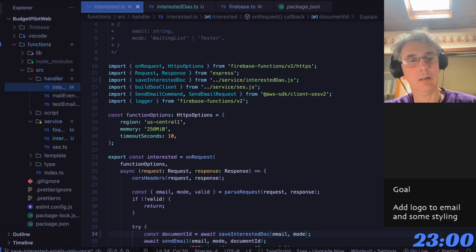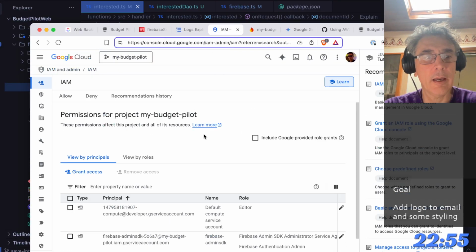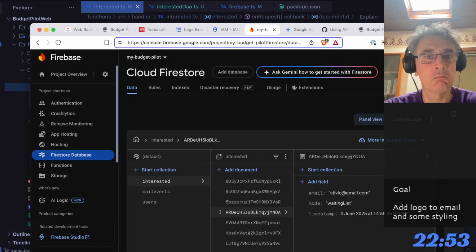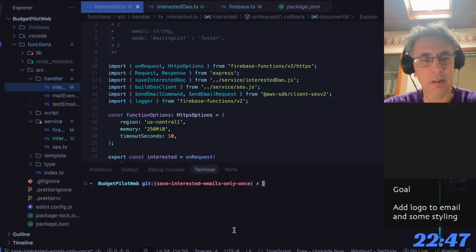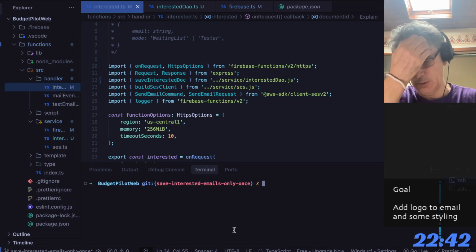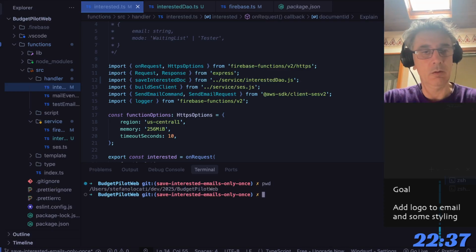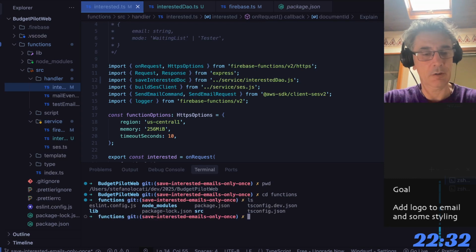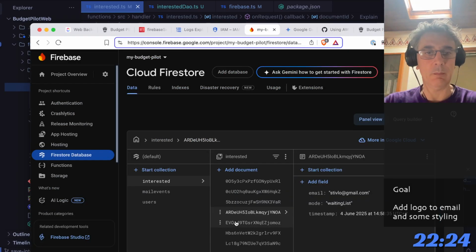Now, to have chat about this, I have to... I still didn't figure out how to run the site locally. Yeah, well, I know, but I need to change the URL to use also the local server. We need to do some configuration. For now, let's just deploy the functions. Good. And while they are getting deployed,